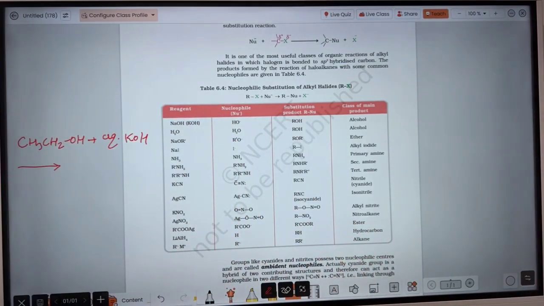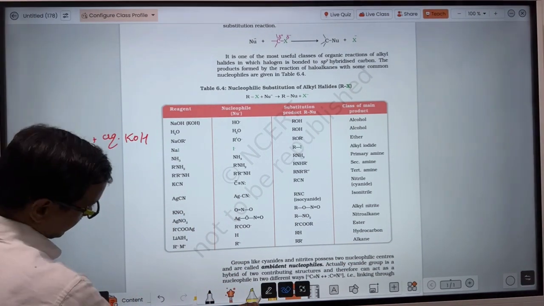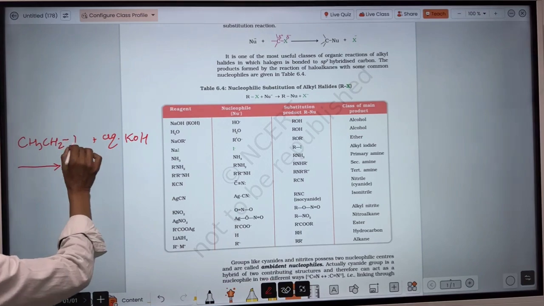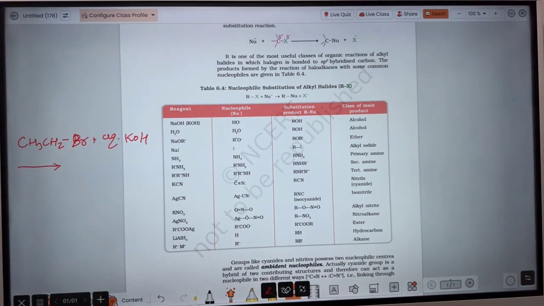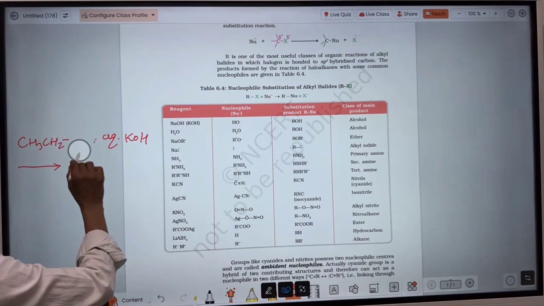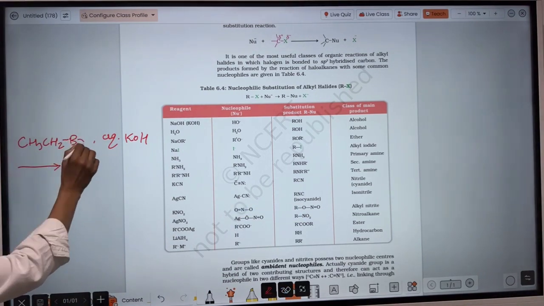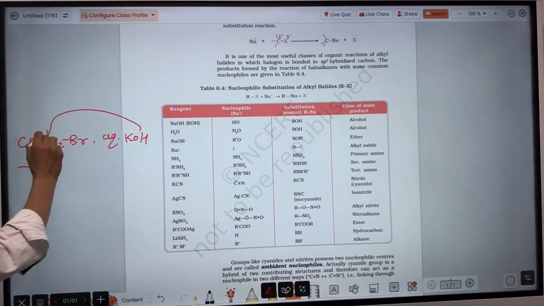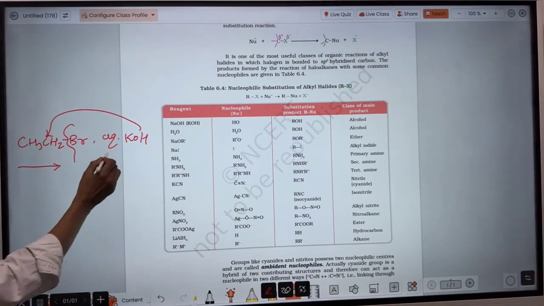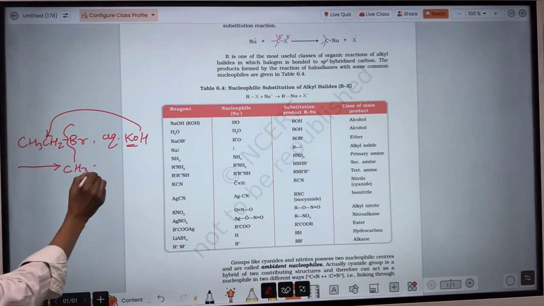So the nucleophile here, OH minus, will replace the halogen. This OH minus will replace the bromine, so OH minus will come here. Br minus is released, that will combine with this potassium. So finally the product will be